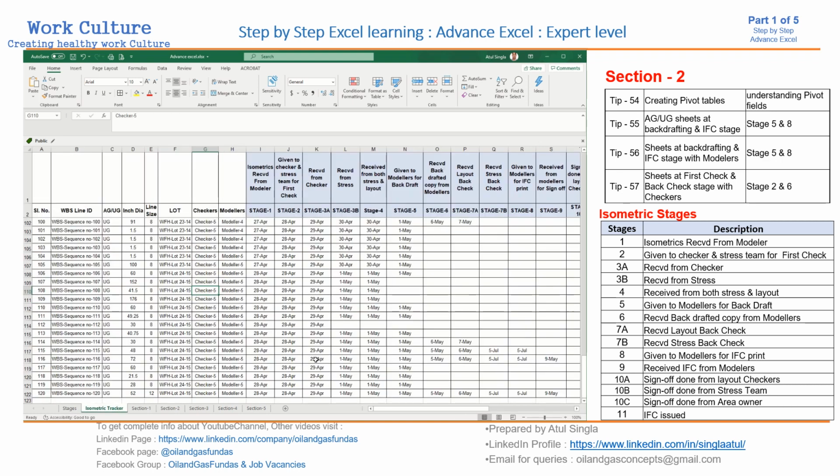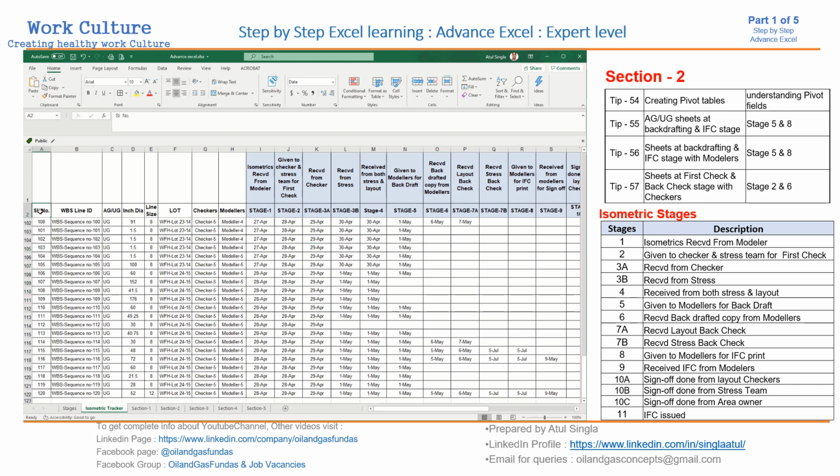So as we have discussed, this is our isometric tracker where we have all the database. As you know, these are the dates which we need to fill manually. The ISO coordinator will always do this, and we need to keep in mind that these should be in date format only. There should not be any other text. There can be blank rows, blank cells, but nothing other than properties and dates, and those should be in date format. This is one of the first and last requirements.